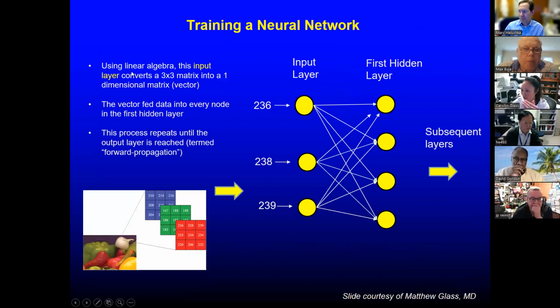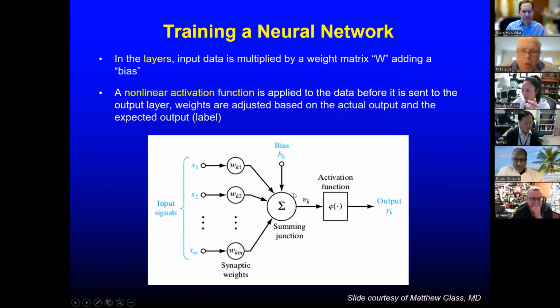Then we use linear algebra and fancy math equations to feed this into what we call a vector. We want a single layer vector of information based on the number, and it goes through a process of different layers: input layer, hidden layer, subsequent layers. As the data goes through these layers, it gets weighted by what we call synaptic weights. For example, if we have a picture that should be rejection, we told it this is what rejection is, but if it gets it wrong, then it goes back through the whole cycle again. So it's doing this weighted function.